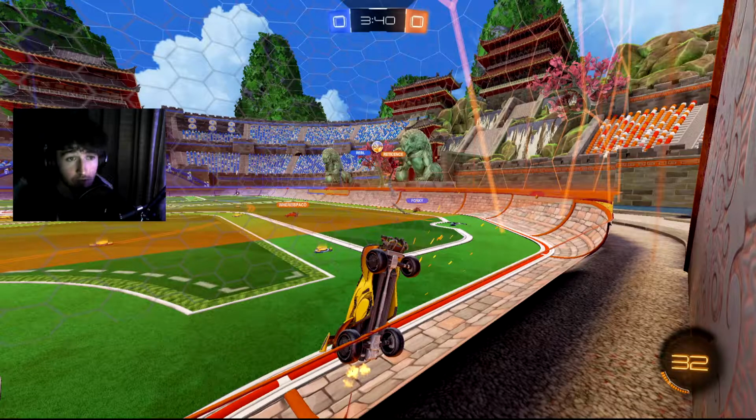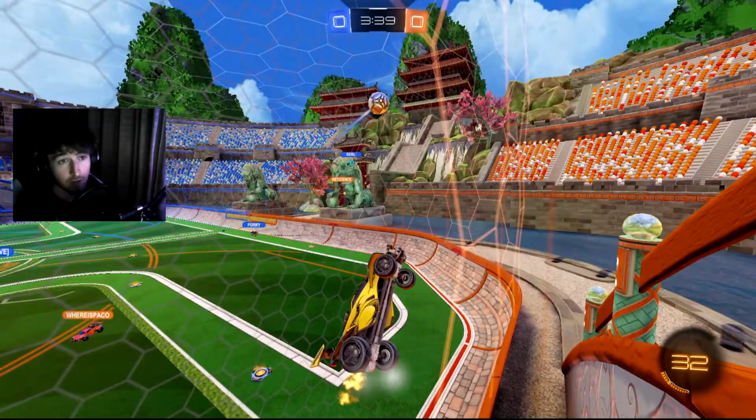What this allows me to do is, since I have such little boost, instead of using that boost to fly up to the ball, I can use that boost once I reach the ball. Since I'm on the wall, I have that 32 boost and I can use it to clear. So right here, he booms it to me, I'm on the wall already and I still have 32 boost. So instead of using it to fly up to the ball, I'm now at the ball and I have 32